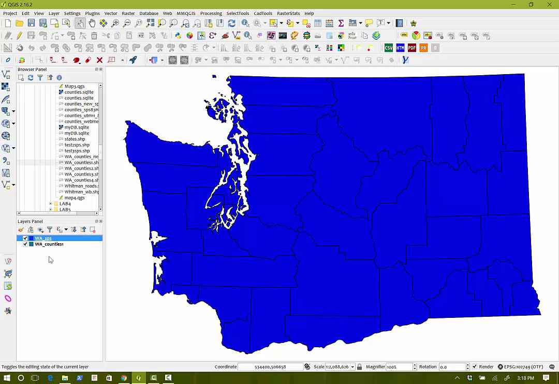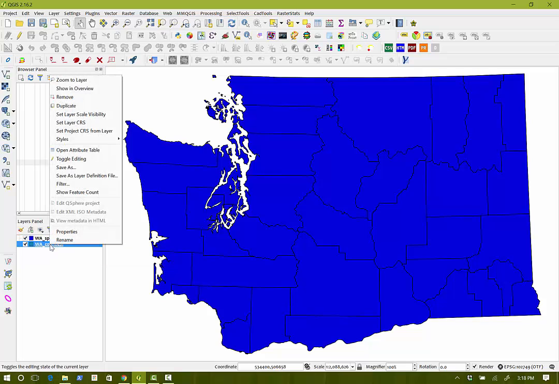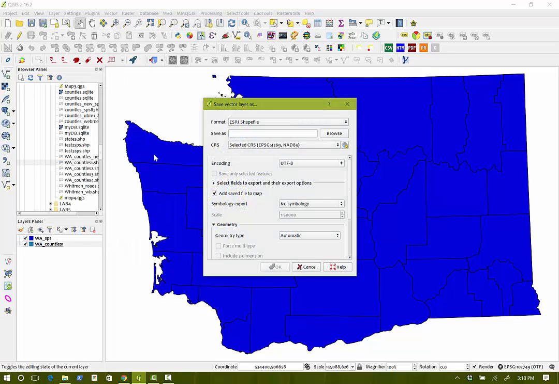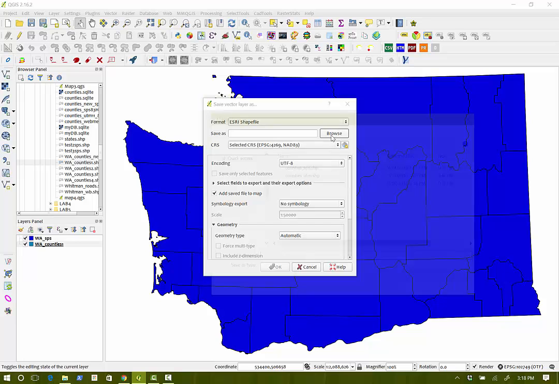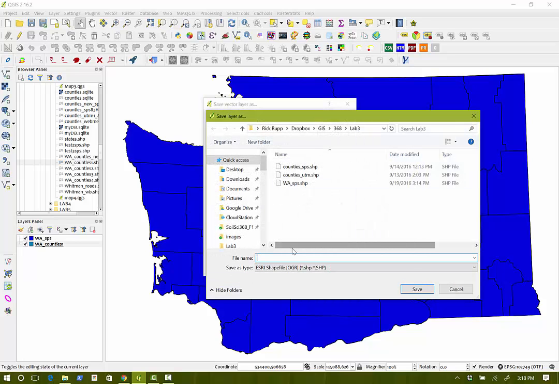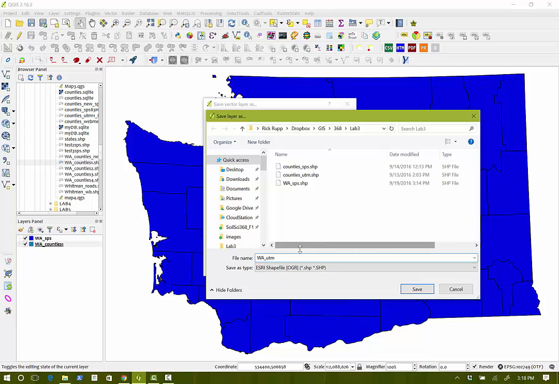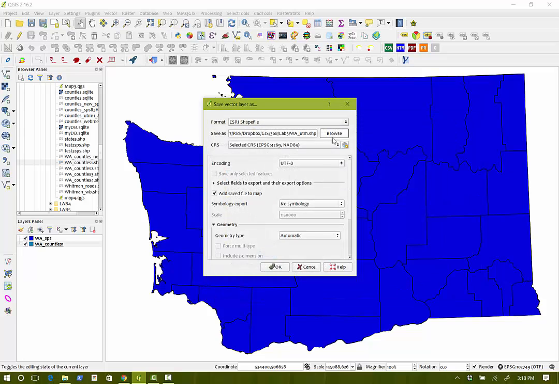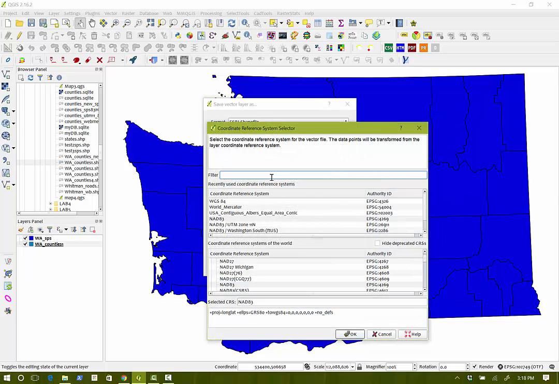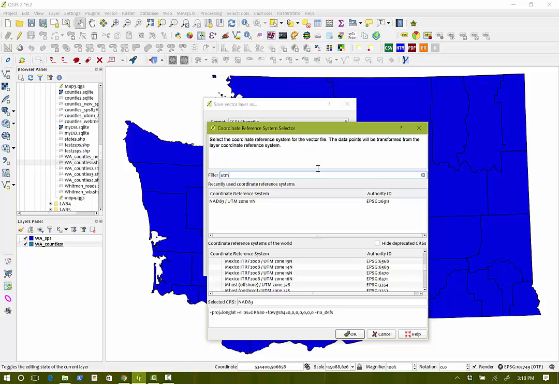Now the next step I want to do is pretty much just repeat exactly what I did, only I'm going to use UTM Zone 11 as my coordinate reference system. So I'm going to right click on Washington Counties again. I'm going to set Save As. I'm going to hit the Browse button. I'm going to call this WA_UTM. Save. I'm going to click my coordinate reference system, and I'm going to start typing in UTM